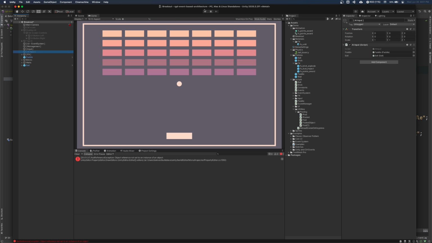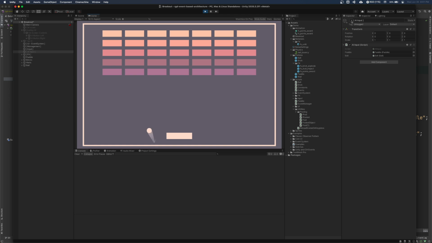We could also, of course, like I mentioned earlier, implement a simple AI using the exact same system. So the AI now just uses the input system that we've already set up with events and manipulates the paddle itself. In this case, the AI effectively just watches the ball and dispatches move events to try to follow the ball.